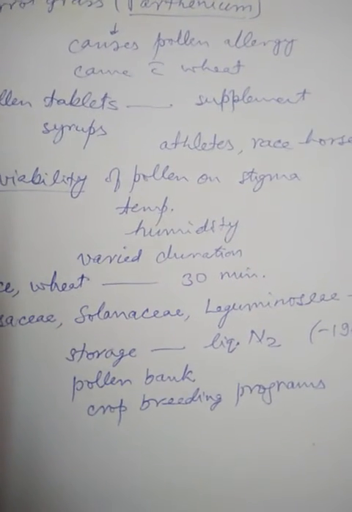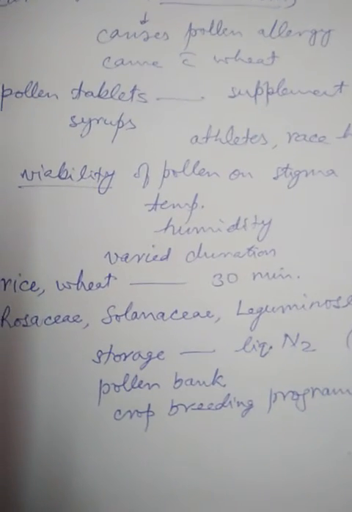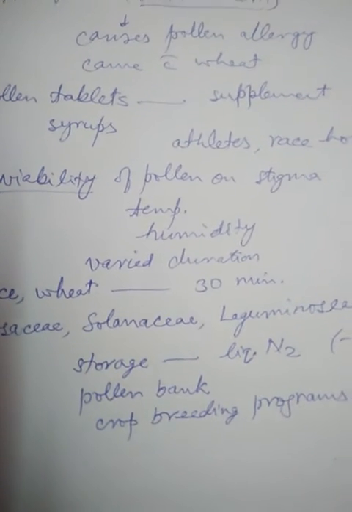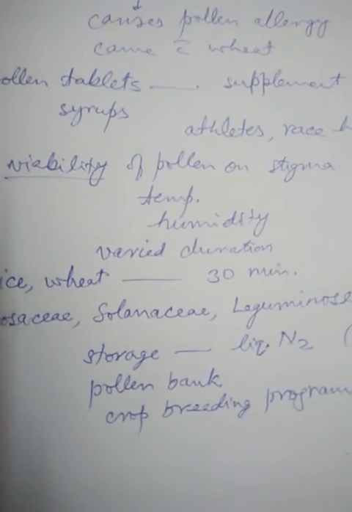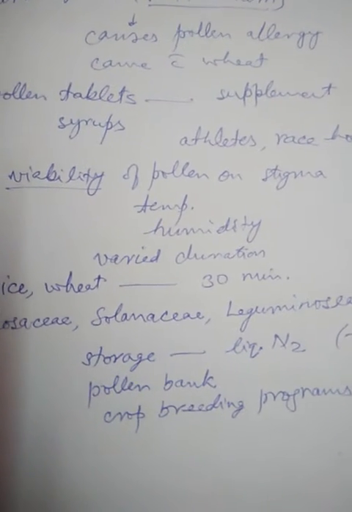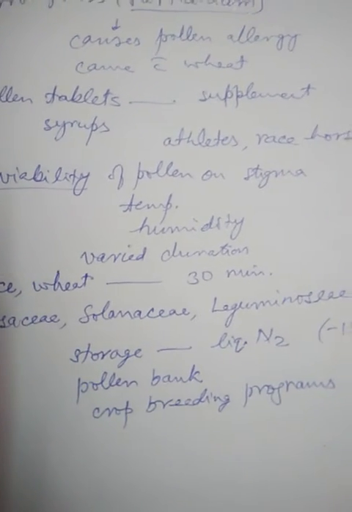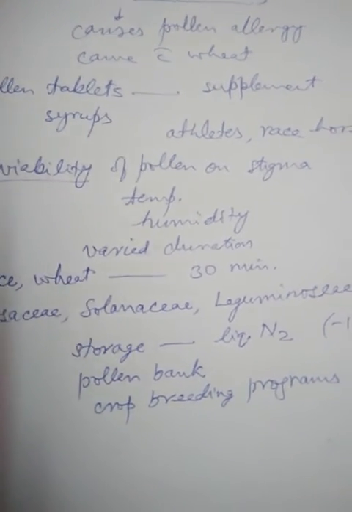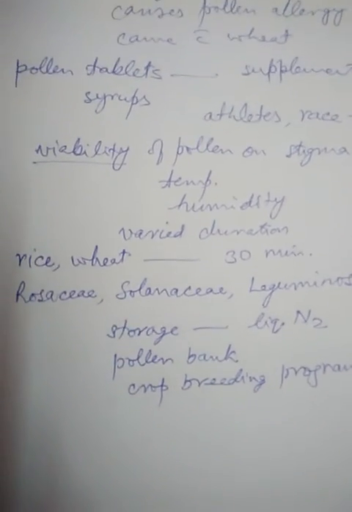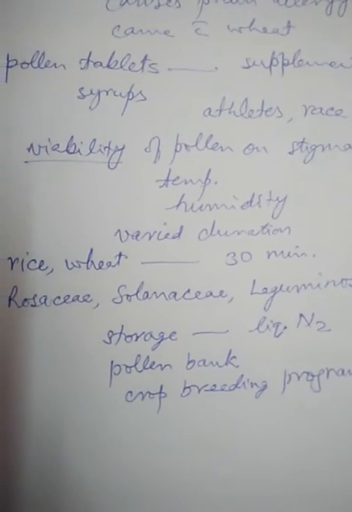Okay, so because of this need for the crop breeding program, many times there is a need to store these pollen grains. Okay, so there are pollen banks which have been created in many companies or in government places, maybe in universities or research institutes. So these pollen banks store a large amount of pollen for later use, so that they do not lose the viability. So they are stored under protected and suitable environmental conditions, and they retain their viability for a much longer period of time than under natural conditions.